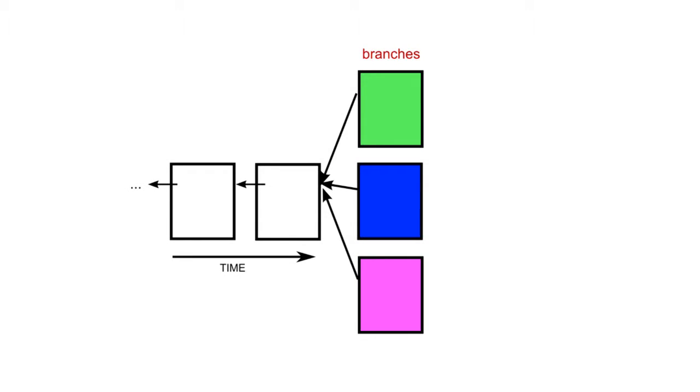Now, what if two or three computers solve the problem at the same time? In such a situation, Bitcoin system creates branches, in this case green, blue and pink. Then these branches are again given a problem to solve. For example, suppose blue solves the next problem faster. So in such a case, green and pink transactions will be cancelled and sent back to the new or pending transaction list.